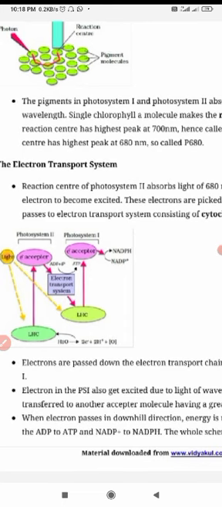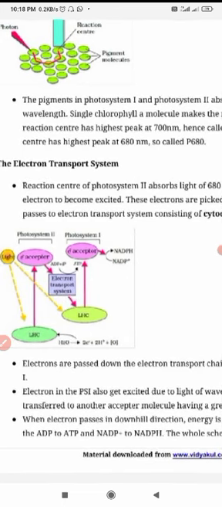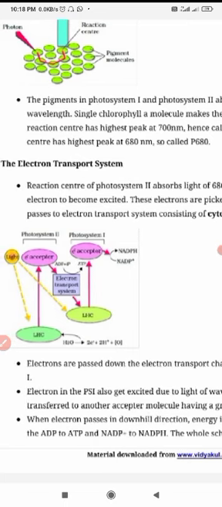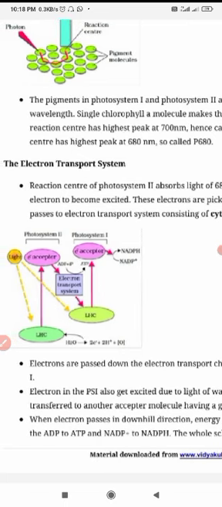You know the structure of the grana. If you keep this in your mind,